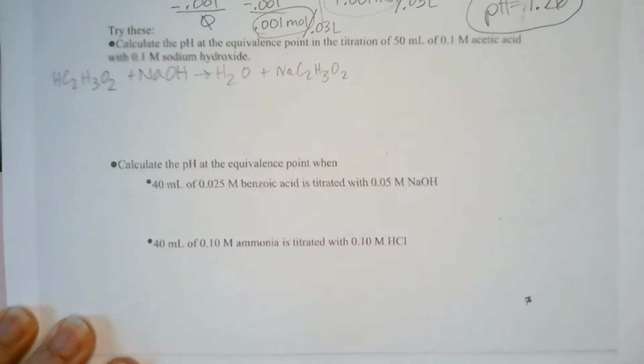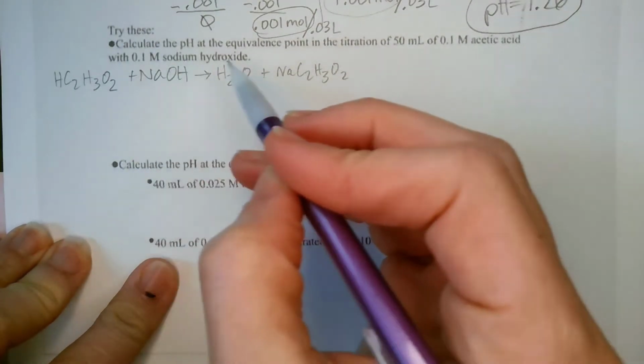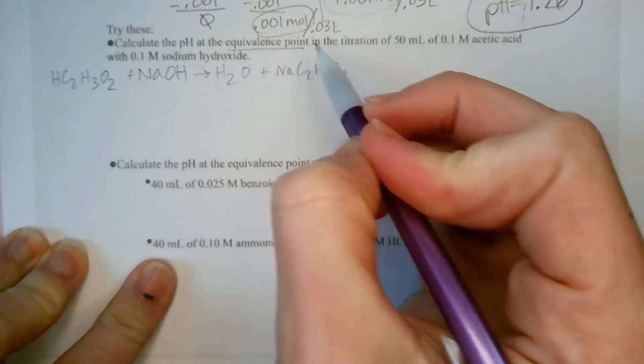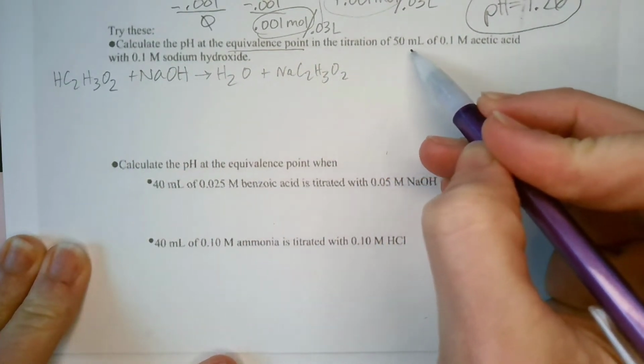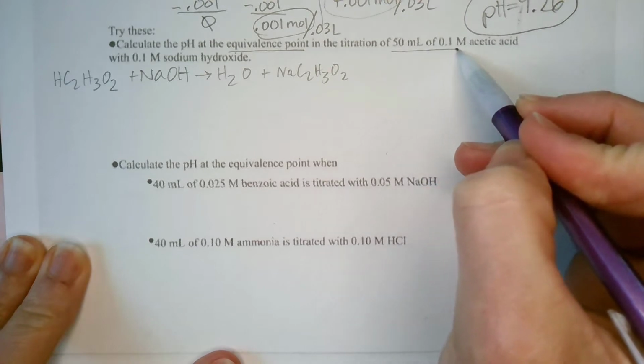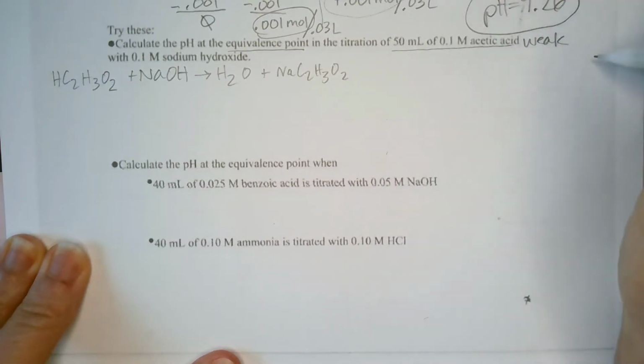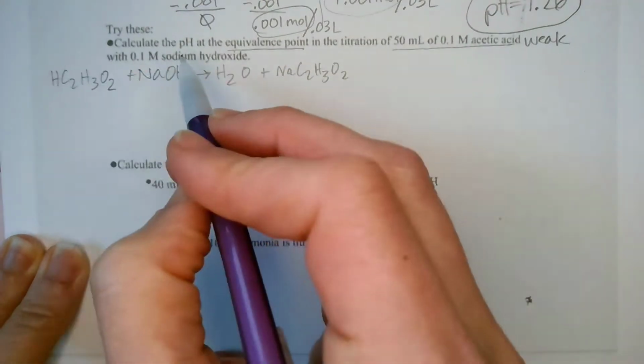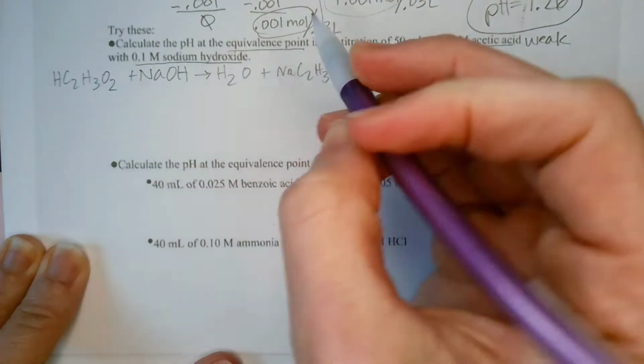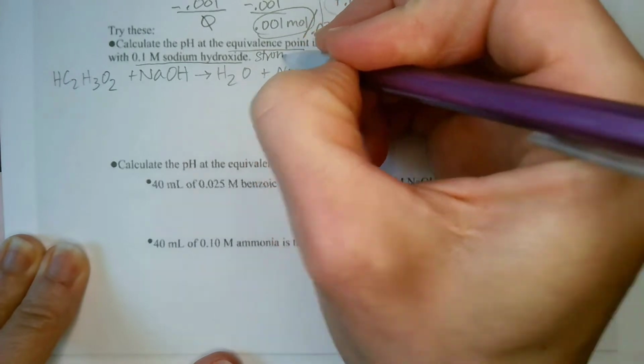Let's look at this next one. This one's a little bit different. It wants us to calculate the pH at the equivalence point in the titration of 50 mL of 0.1 molar acetic acid. So we have a weak acid, and 0.1 molar of sodium hydroxide, which we know is a